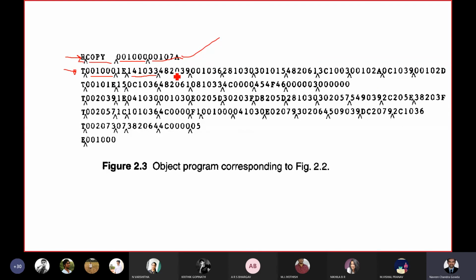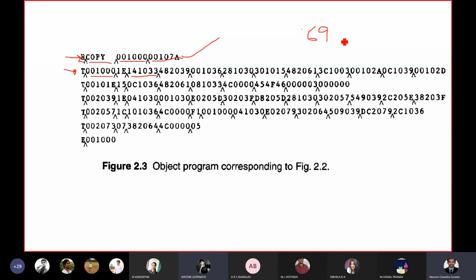But my dear students, can anyone of you let me know what is the maximum length of the text record? When I gave the structure of the object program, I gave you this maximum length of the text record. How many characters can you have in the text record? Students: 10 to 69, sir. It is 69. So the maximum is 69, not more than that. It can be less than that, my dear students. It can be 67, 68, 65, 60 also, but it should not exceed 69.